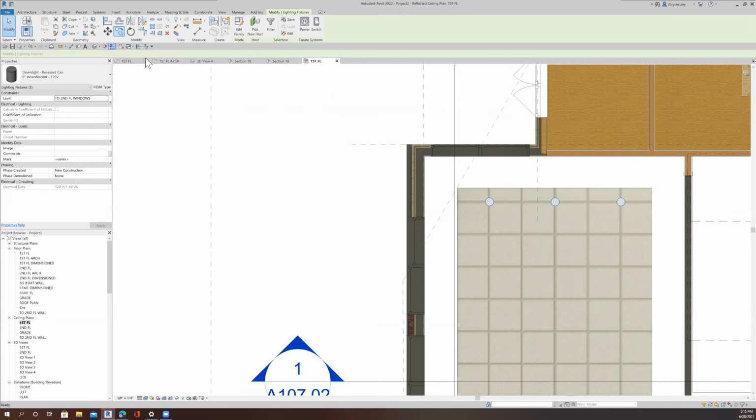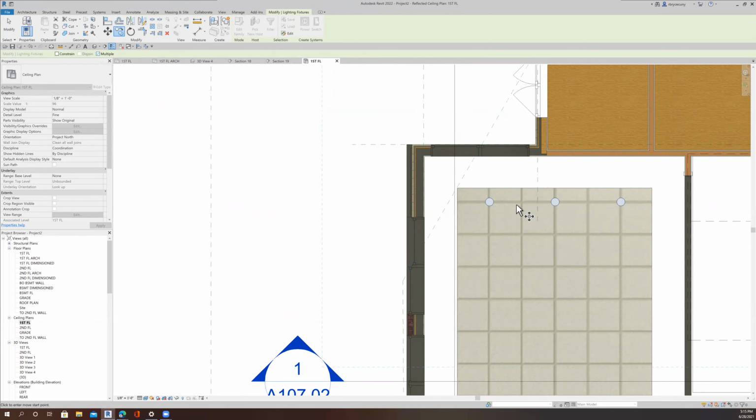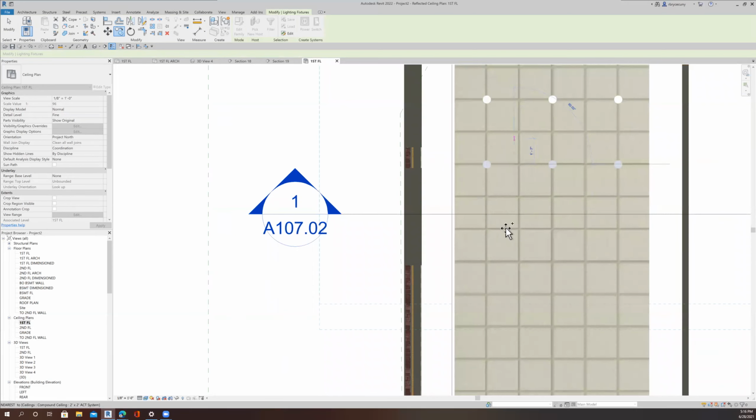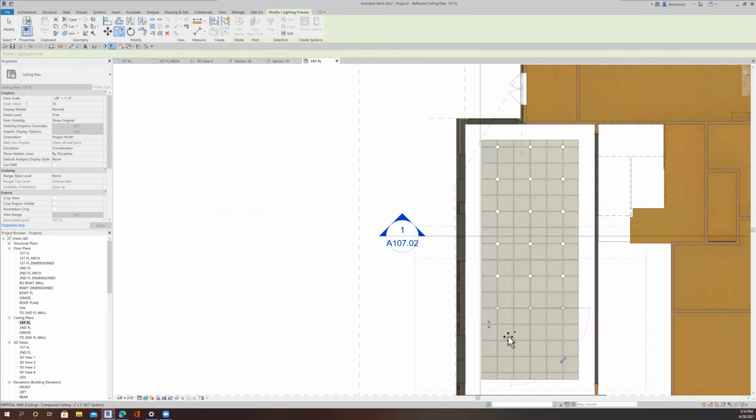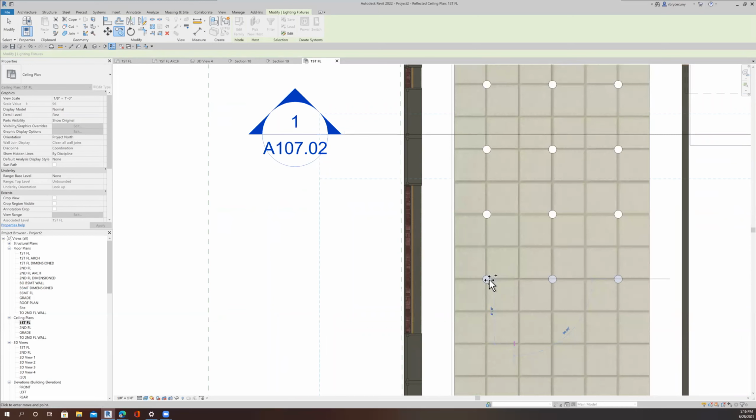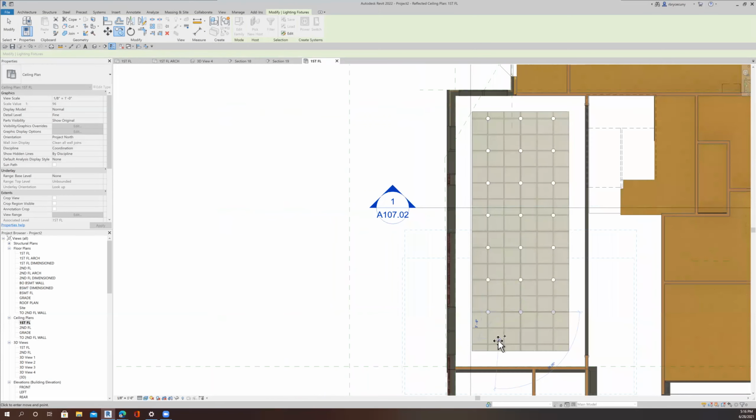And I'm going to copy, make sure that multiple is selected, and I'm just going to go from here to there, straight down to there. Making sure I'm going straight down. Right. I think I like it, except for the fact that it's a